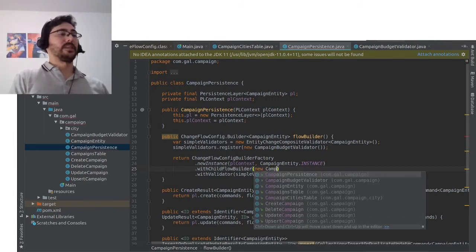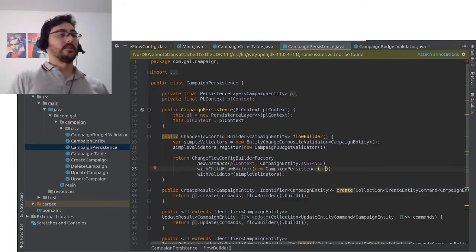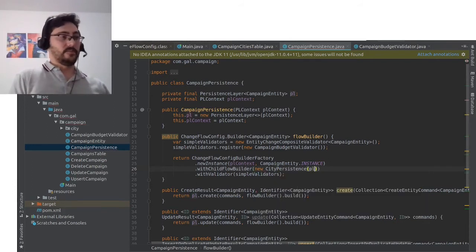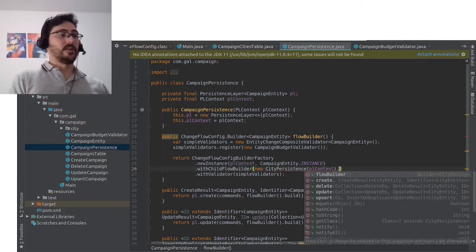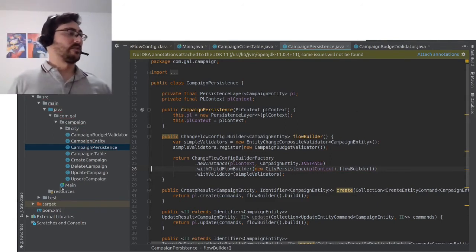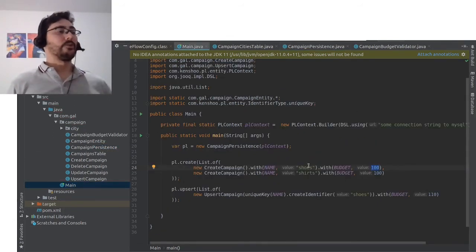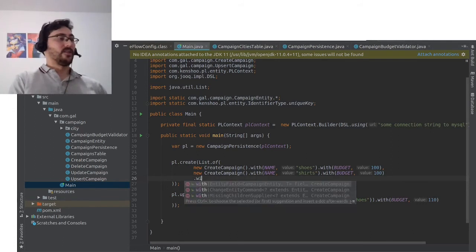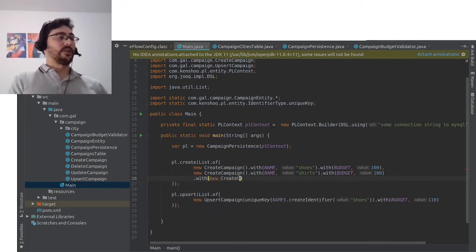New campaign, new city. Right, I connected the two flows. So I have one-to-many relation. Now I can create campaign with cities in it. With new create city